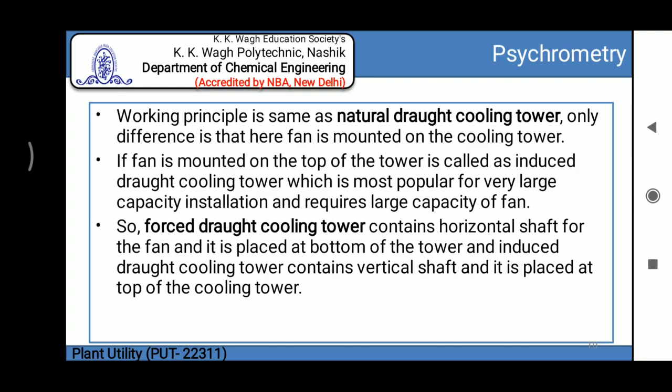If the fan is mounted on the top of the tower, it is called an induced draft cooling tower, which is most popular for very large capacity installations and requires a large capacity fan. The forced draft cooling tower contains a horizontal shaft for the fan and it is placed at the bottom of the tower, and the induced draft cooling tower contains a vertical shaft and it is placed at the top of the cooling tower. This is the difference between the natural, the forced and the induced draft cooling towers.